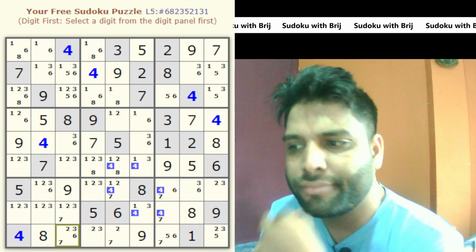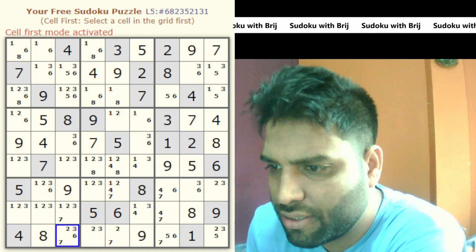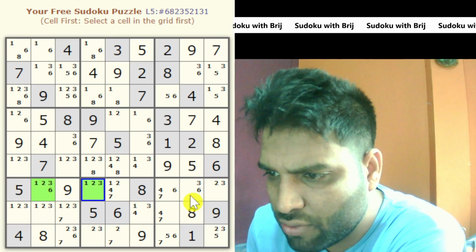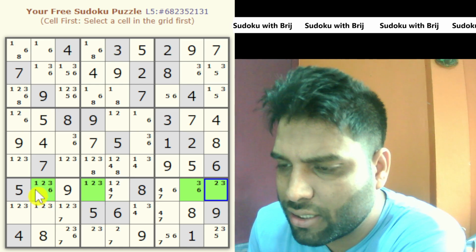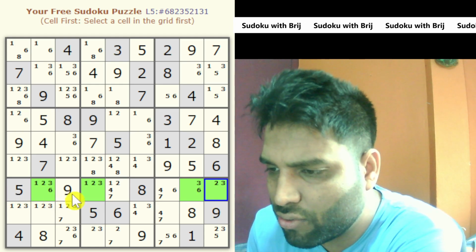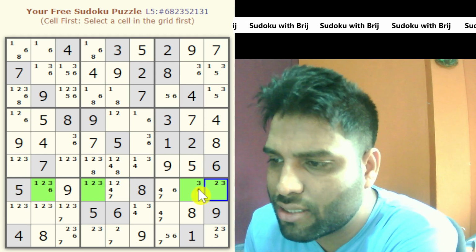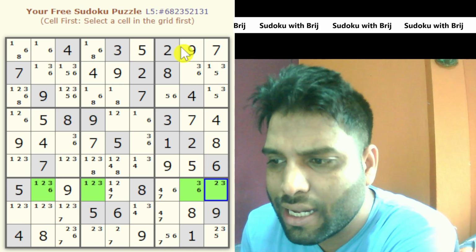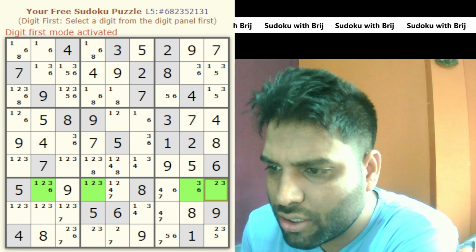Okay. There is a naked quadruple, the 4 cells which contain 4 digits. Let me mark those cells. This is 1 2 3 6. This is 1 2 3, and this is 3 6, and this is 2 3. So there are four digits that are 1, 2, 3, 6, and these four cells in this row contain those four digits. So any cell in this row that contains 1, 2, 3, 6 except in these four cells can be eliminated. So now I can eliminate 1